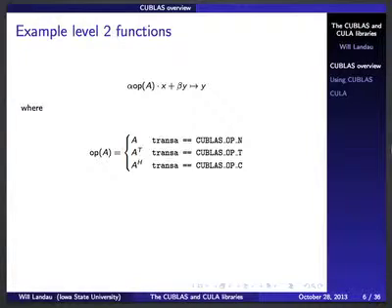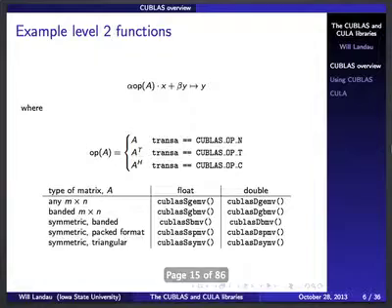In this matrix here, you can take either A, or the transpose of A, or use a Hermitian operator of A, which is basically the conjugate transpose if you're working in complex numbers. And you pick what version of A you want with this trans A argument in these macros over here on